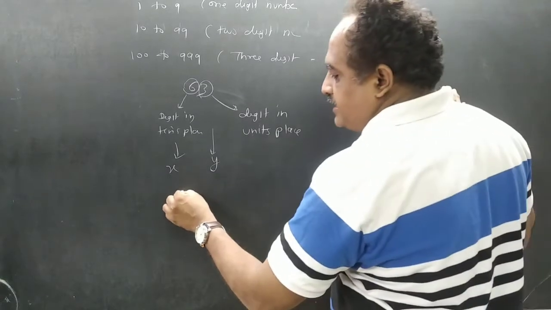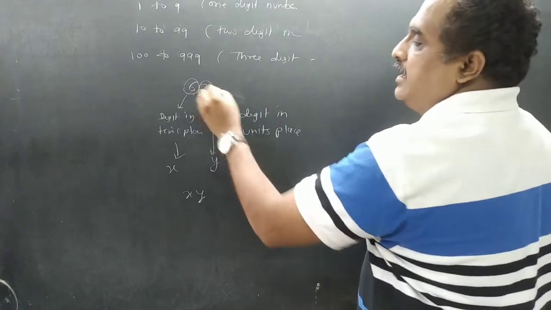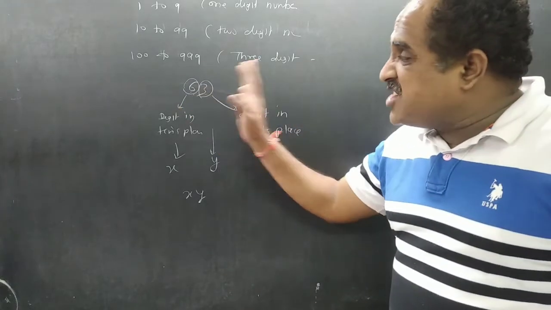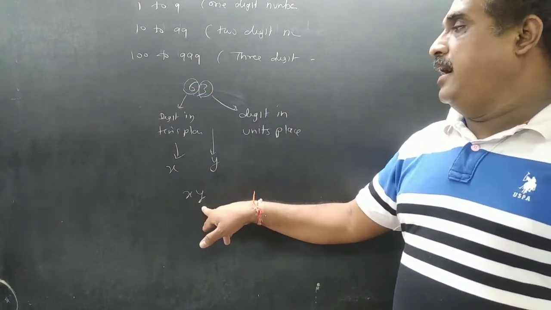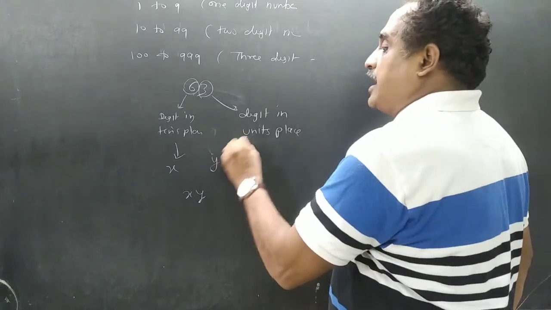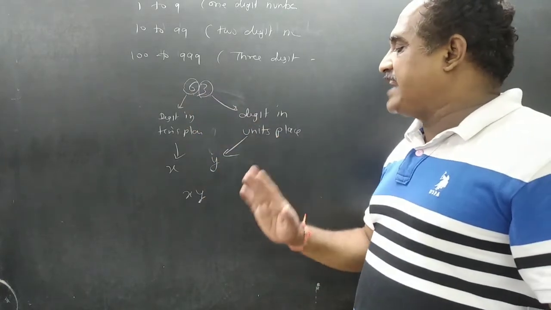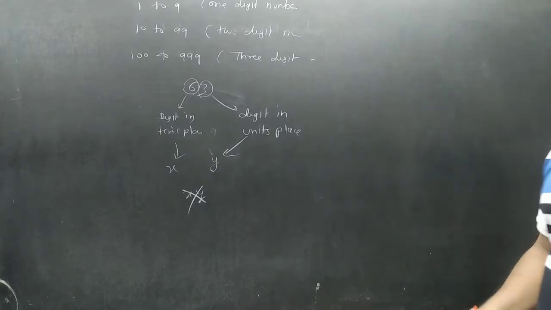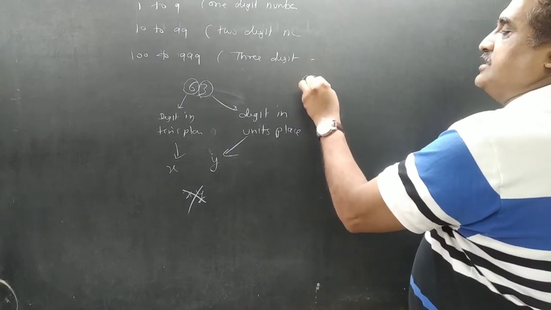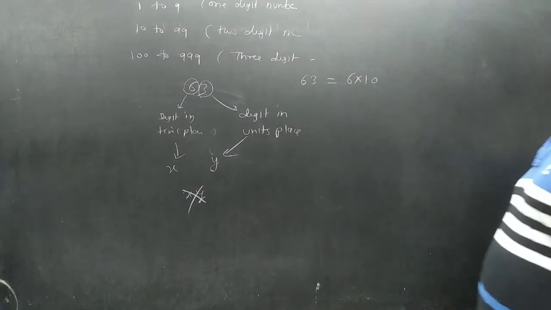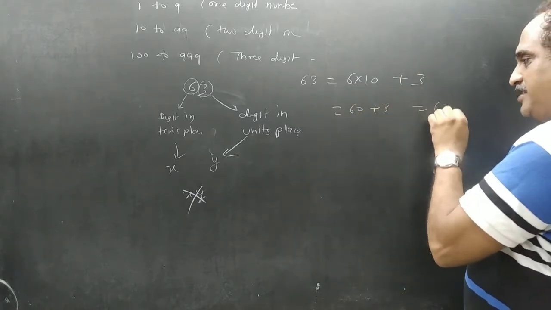If I write it like this, xy, we are not going to read it as 63, and you are not going to read it as 60 into 3. But when you write xy mathematically, this will be called x into y. So mathematically I cannot write xy the way I wrote 63 here. So let us go back to the second and third standard position. The teacher told you to write 63, so 60 is 6 into 10, and what do you add to it? 3. Then we get 60 plus 3, that will be 63.